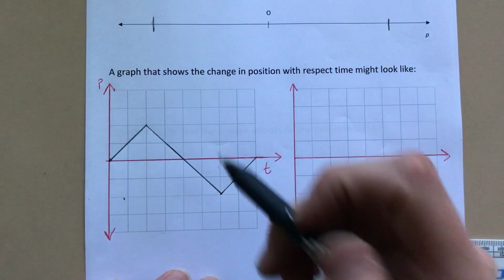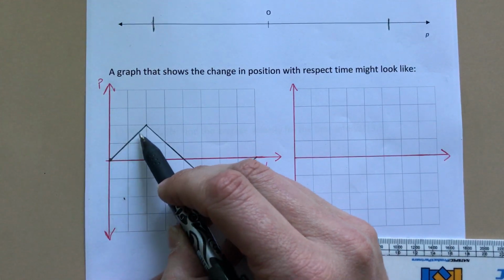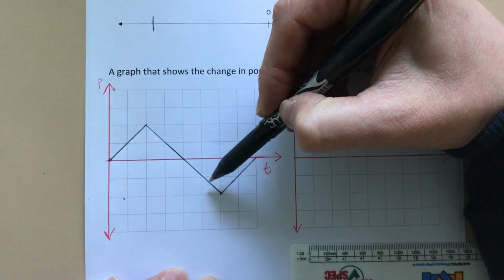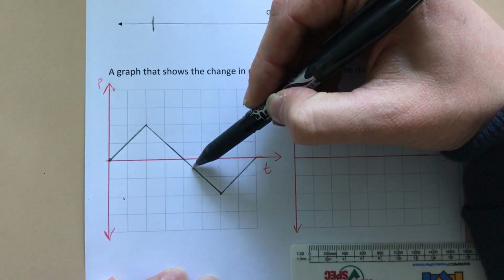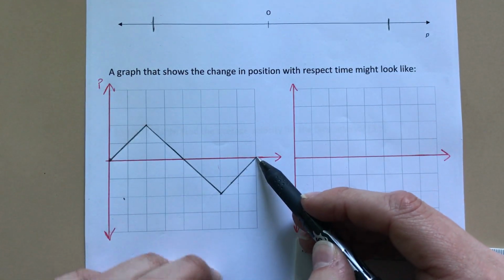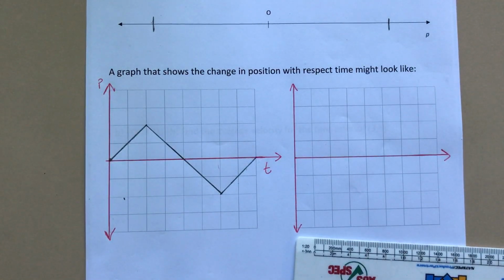Okay, so as this is changing, Reece is walking forward, so he's walking in a positive direction at a constant rate. He then started to walk backwards, so he got back to his point of origin, walked past the point of origin, then changed direction again and came back to his point of origin. Okay, key thing there, because he was at a constant rate the whole time, we're keeping it a nice straight